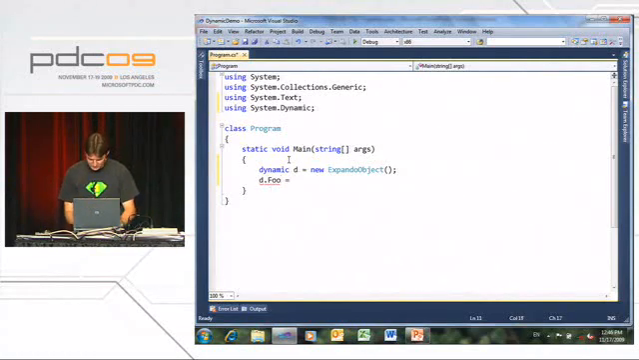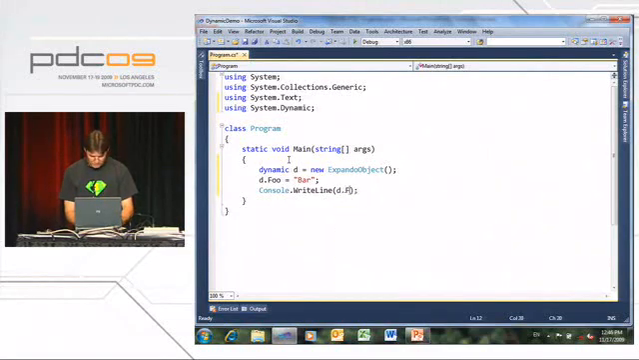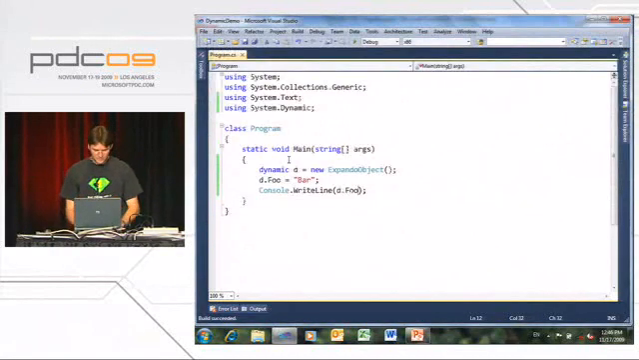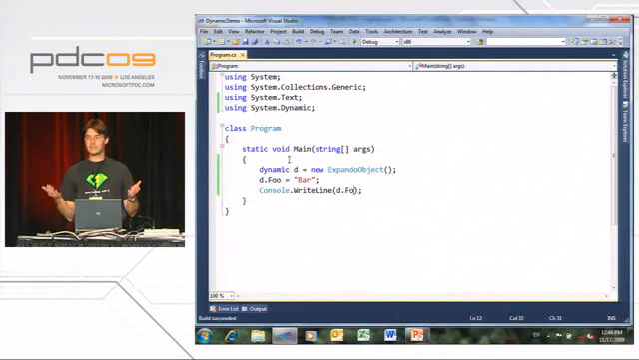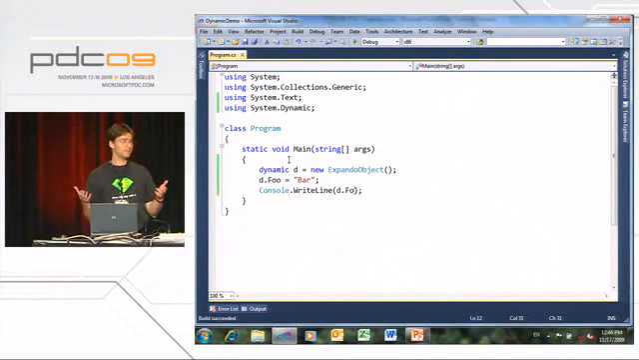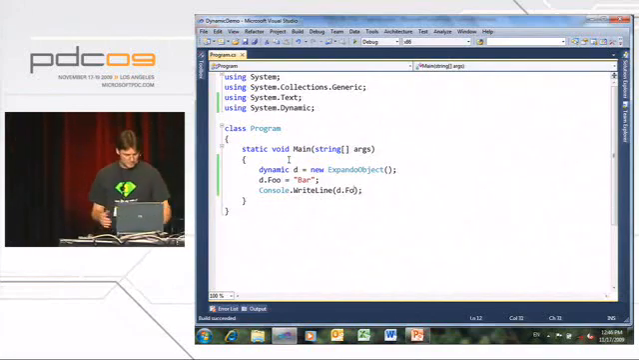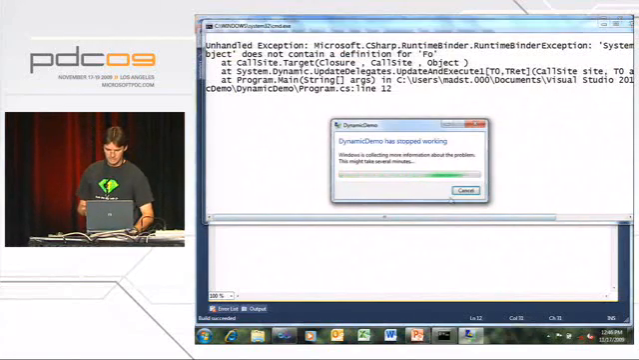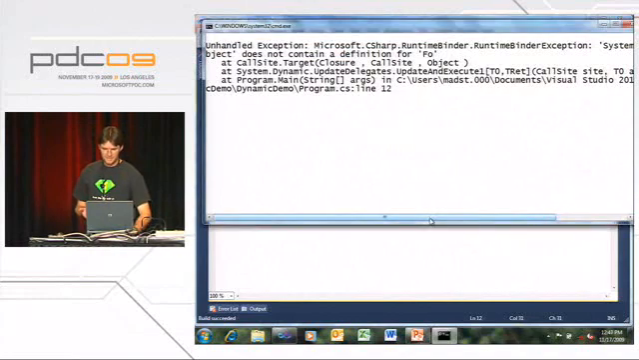So d.foo equals bar. Let's make it a string. And then, of course, if you write out the result of d.foo, hopefully my program compiles at least, and lo and behold, it writes bar. Not very exciting. Actually, probably the more exciting thing is that if we type it wrong, we still get it to compile, because I may be accessing a property, but I'm not getting it checked at compile time. So when I run it, what happens? I get an unhandled exception. Surprise. That says the runtime binder,